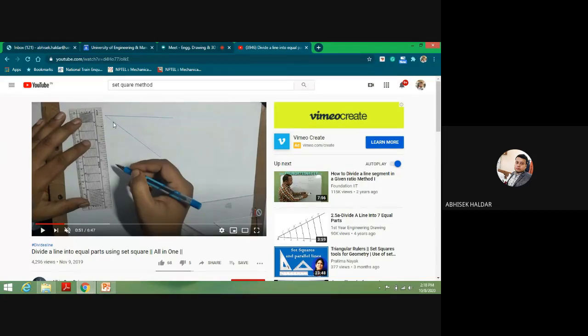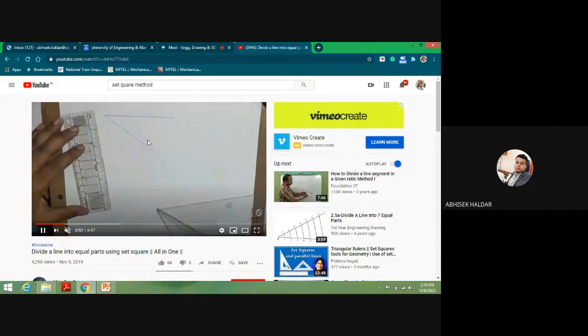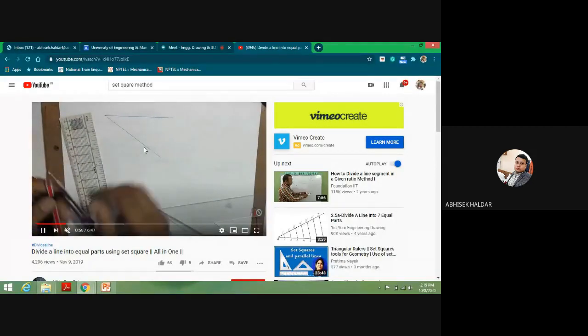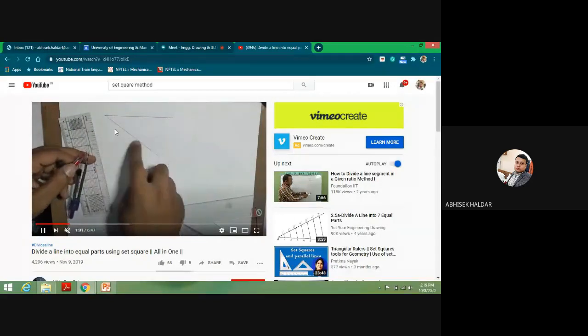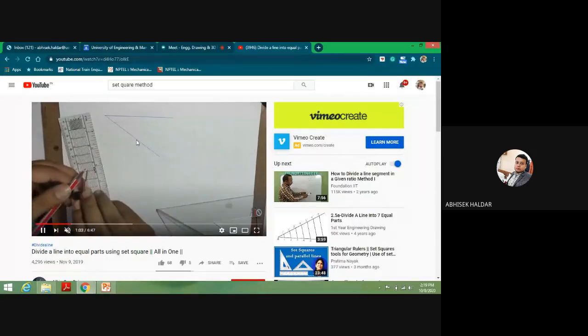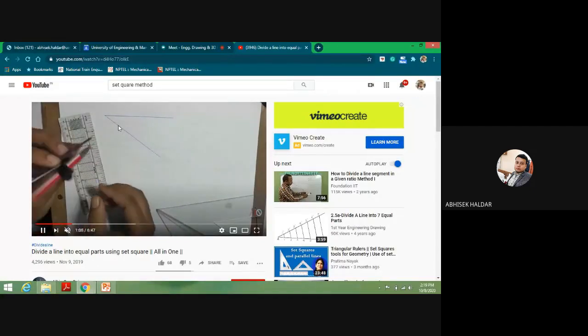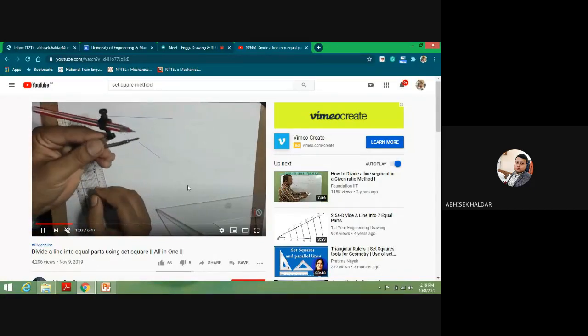So if I have to divide this straight line into 8 equal parts, I have to take my compass first. I have to fix an arc length. He will do that, let us see. On this inclined line you have to take some arcs. Now let us see how many arcs he is taking.